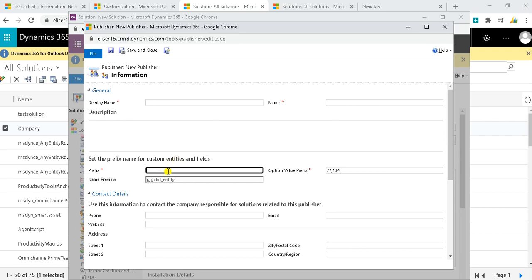Whatever prefix we write, the option value prefix value changes according to that. So the prefix basically decides what should be visible before my components within a solution. If I create components within a solution, this is how they will look.